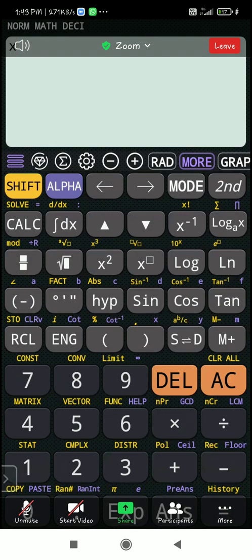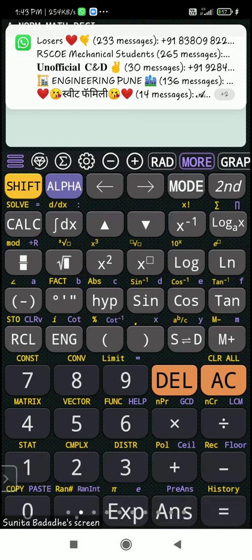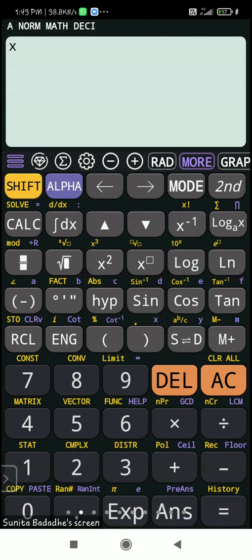Okay. You reply to the same co-host. Then again you press alpha and there is a colon. Where is the colon symbol here? Up just above dx. Okay. So shift and colon, alpha and colon.